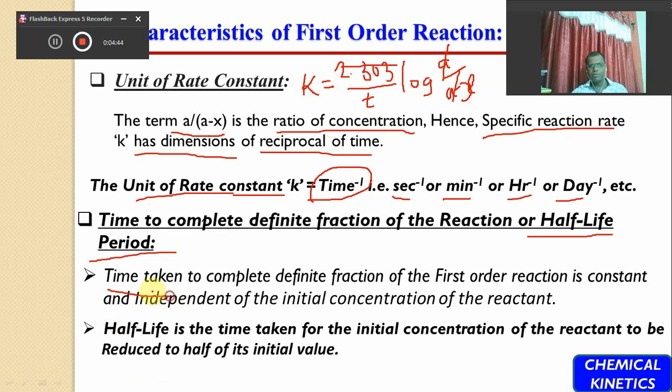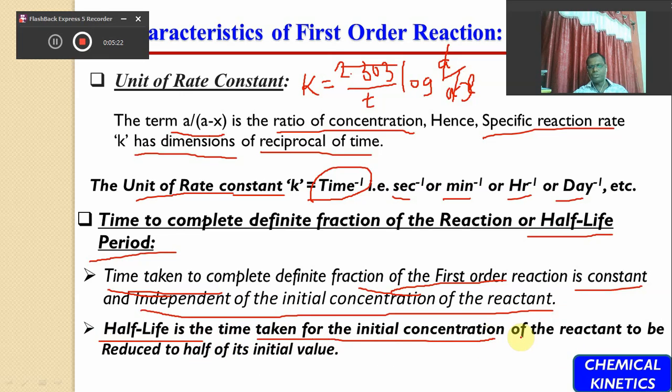So the time taken to complete a definite fraction of the first order reaction is always a constant, and this time required for the completion of a definite fraction of the first order reaction is independent of the initial concentration of the reactant. So this time does not depend upon the concentration of reactant, remember. And the half-life period of the first order reaction is the time